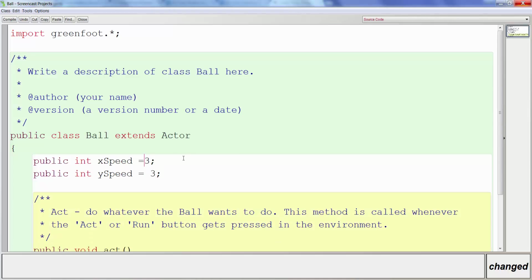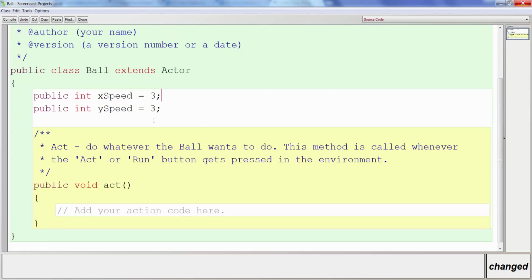The reason why it needs two speeds is so that we can make it move diagonally, but also so we can make the ball bounce eventually. Now the ball class is all on its own, so we can actually write code in its act method. I'm going to come down here and make the ball move by using setLocation. I'm going to say getX, so I'm going to use its x coordinate, and I'm going to add xSpeed to it. And then if I press comma and I say getY, and I add the ySpeed to it,